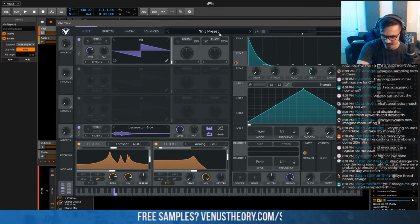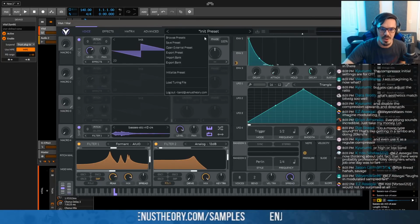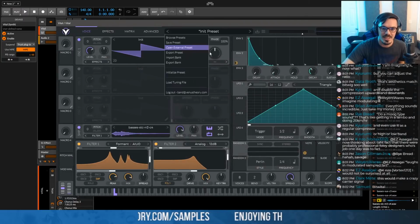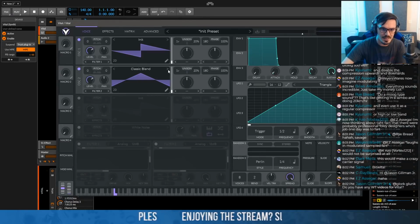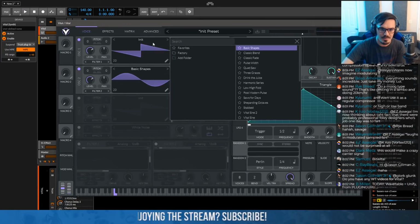Spectral time skew, notch filtering, and OTT. We could have a sick neuro bass. Yeah. Preset to wavetable function. I actually have, but I can't get it to work in the right way. And I think that's because the FM in here is actual FM and not phase distortion. Because what I was trying to do was render some of my neuro bass shots into actual wavetables, but